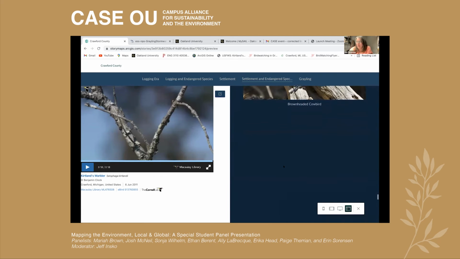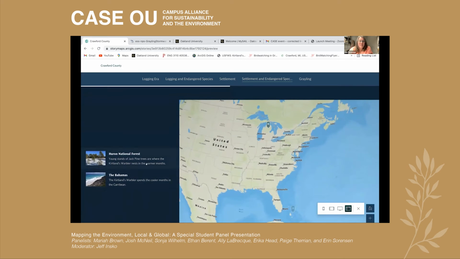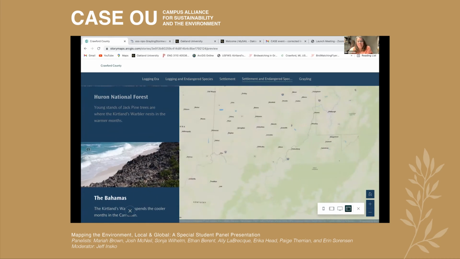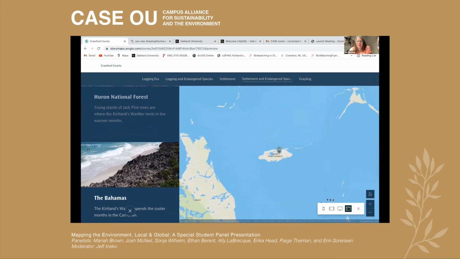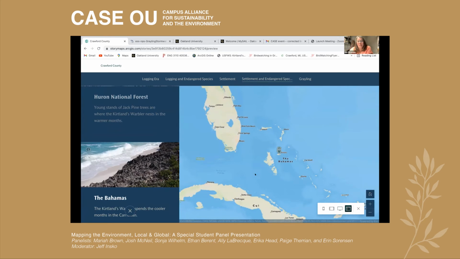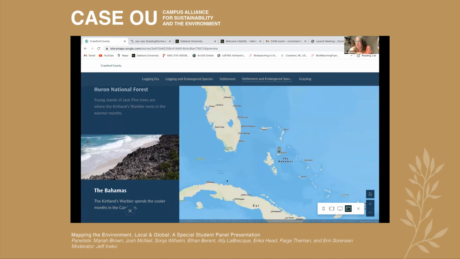And there is one more connection between Crawford County and another area of the world. And it begins in Huron National Forest, and it goes to the Bahamas. And those young stands of jack pine trees where the warblers nest and spend the summer months, they come down to the Bahamas and off the coast of Florida. And this is where they spend their winters. And there is the connection between Crawford County and the Bahamas,